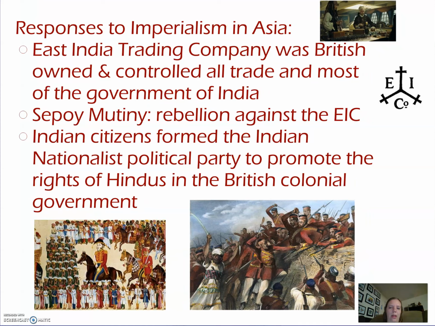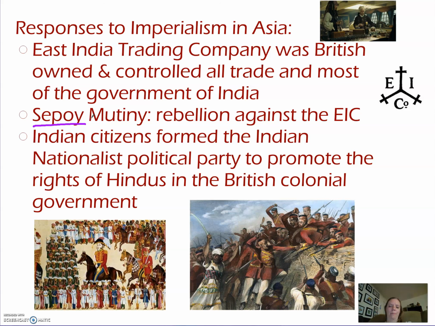And another one is the East India Company and the situation in India. So India is a British colony, and they were being controlled by the British East India Trading Company, which had been in place, had taken over starting in the 1700s from the local kingdoms in India. And one of the things that happens is called the Sepoy Mutiny. So a Sepoy was an Indian soldier who worked for the East India Trading Company, trying to enforce the policies of the East India Trading Company, because they're not just a business; they're now running the government.